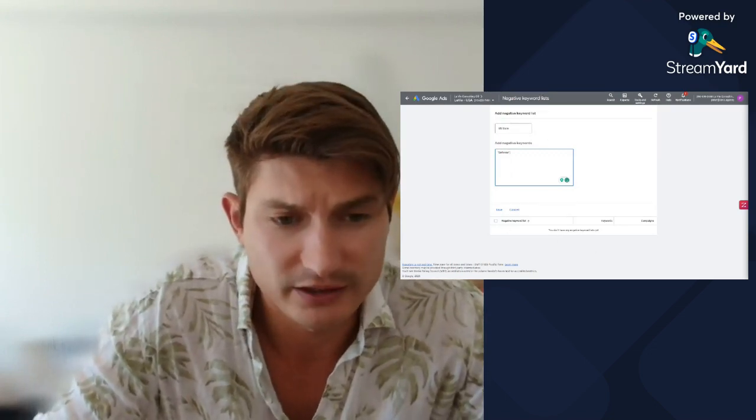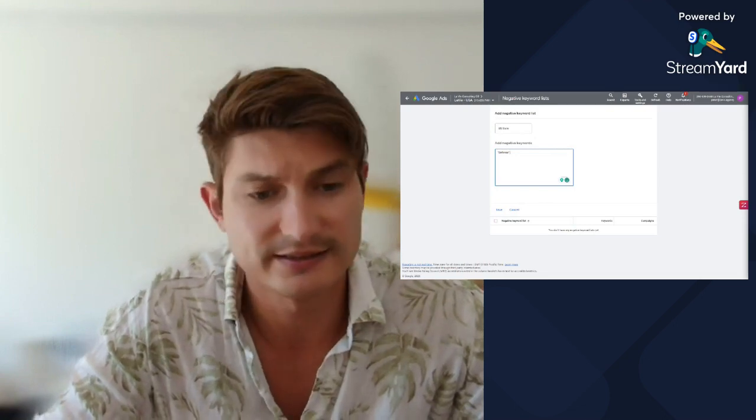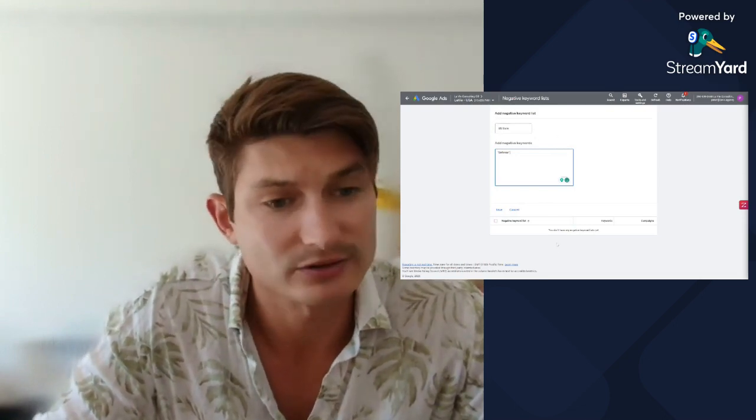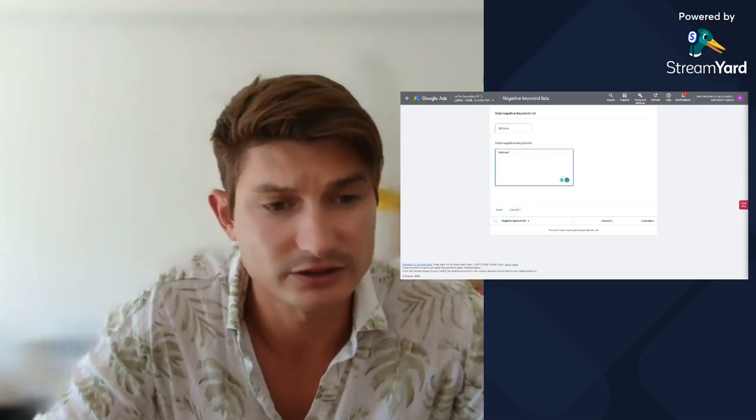I try to keep these organized. So like US states, US cities, you can make a master exclusion list for these kind of industry terms and build all of that stuff out like that. Okay. When you do that, the other thing that's important to look at is what search terms are actually coming